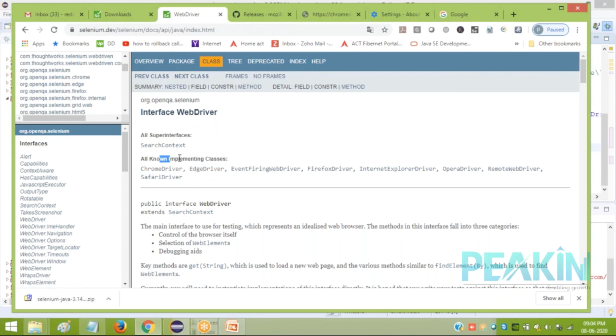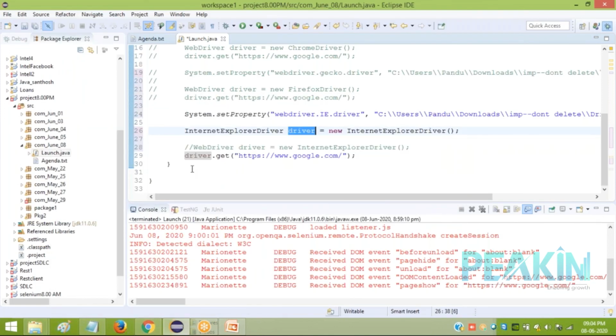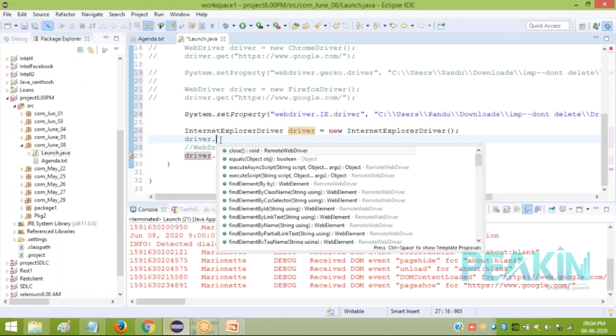WebDriver is an interface having some implemented classes like Chrome, Firefox, Internet Explorer, where you will be creating an object for the browser driver, but the type you can keep as the parent interface name, WebDriver. Now if I keep this driver of type IEDriver and put driver dot, you see all the methods are of type RemoteWebDriver. I don't get the type of WebDriver.